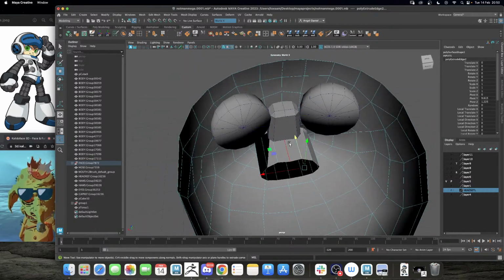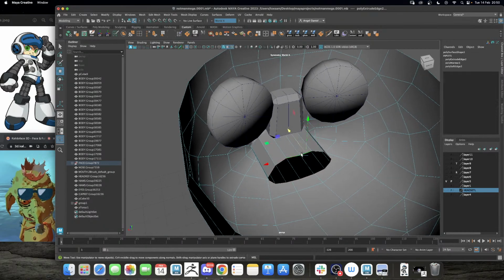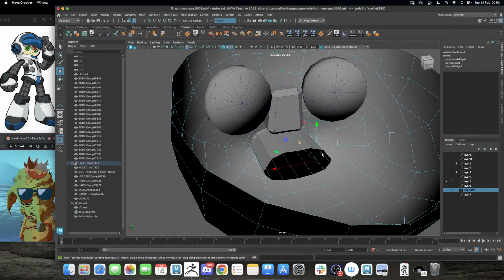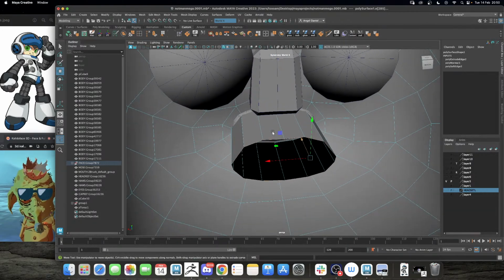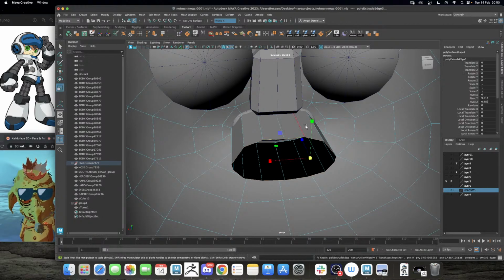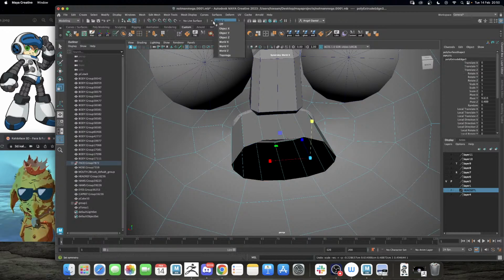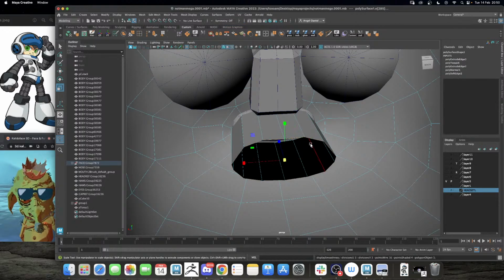Oh, something happened? No, everything good. So we extrude those interiorly, as you can see, like intrude, and then we can just close those. How do you close it? Just select the selection off,